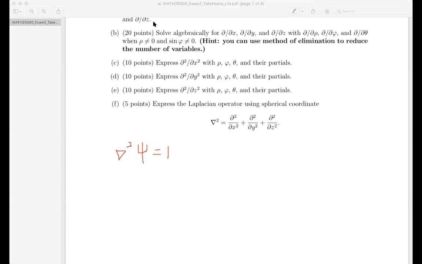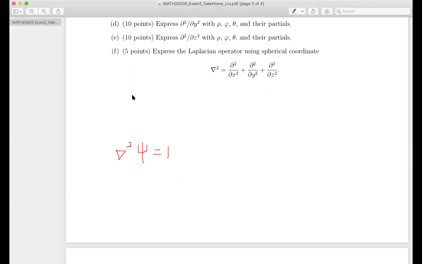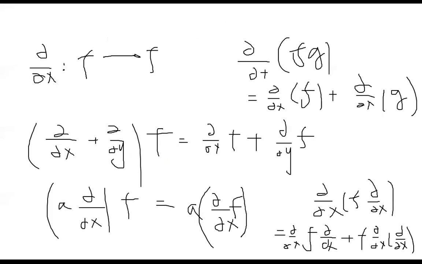The time independent. Hold on a second. The time independent. Oh, sorry. It reads